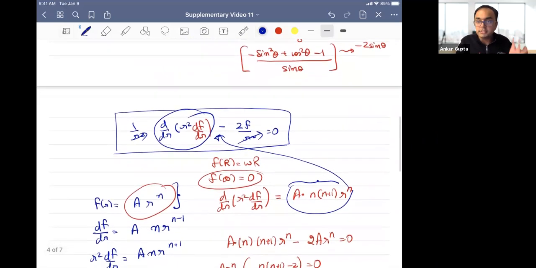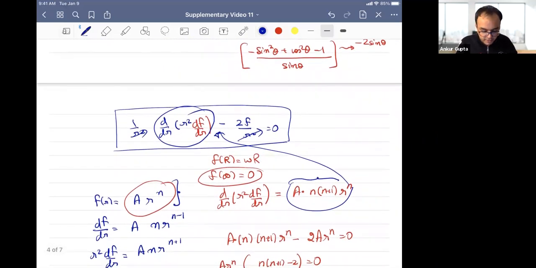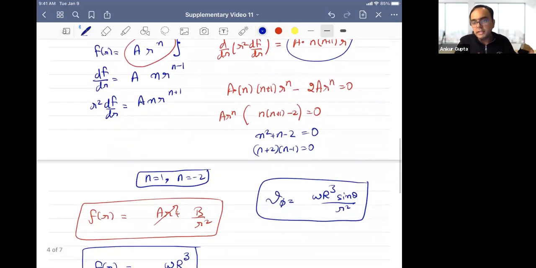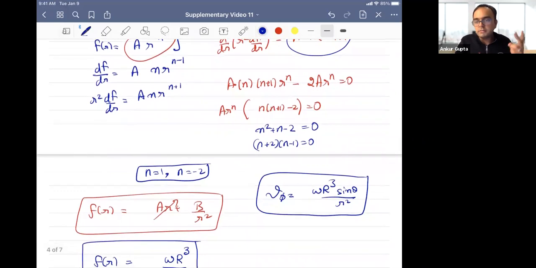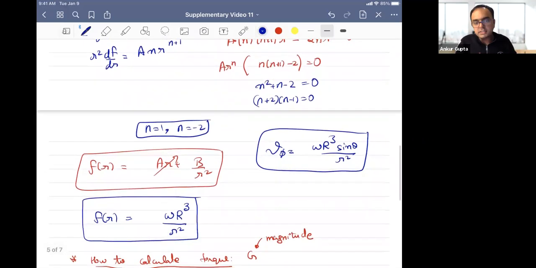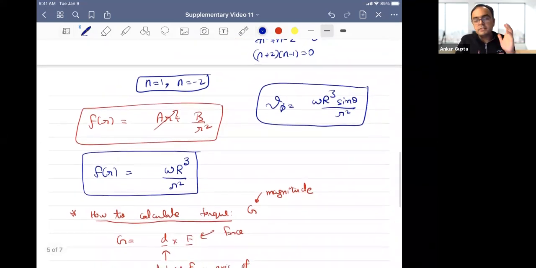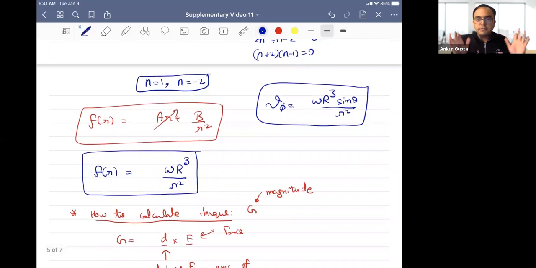Then we had the boundary conditions of no slip and far away from the surface. This is a kind of equation in spherical coordinates where it's very common to substitute a polynomial, and we will see this also in an example in the class. When you do that, you get a quadratic equation which can take two values of n, which means we have two unknown coefficients a and b, where a goes to be zero because when r goes to infinity, velocity has to be zero, which means a is not there. So we got f of r, which gave us v of phi.